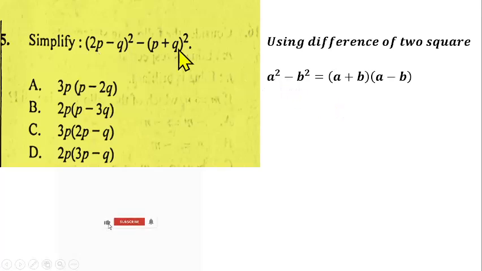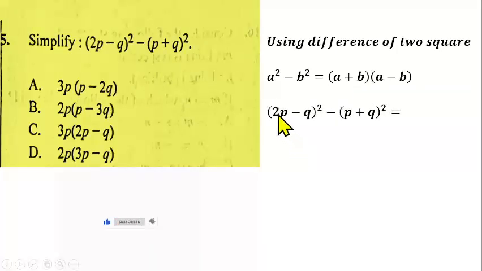If you compare this and this together, you discover that it is still the same thing, where our a stands for 2p minus q and our b stands for p plus q. So anywhere you see a, you replace it with 2p minus q, and anywhere you see b, you replace it with p plus q. So therefore, 2p minus q squared minus open bracket p plus q squared, which is the question given to us, will now be equal to